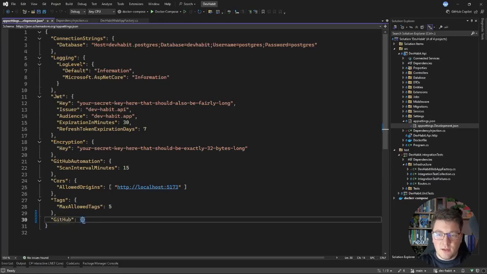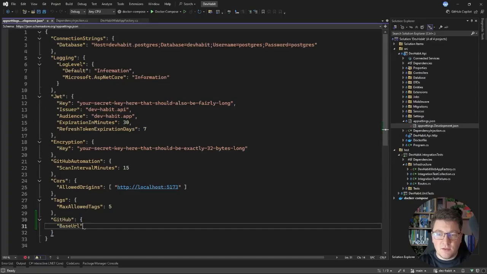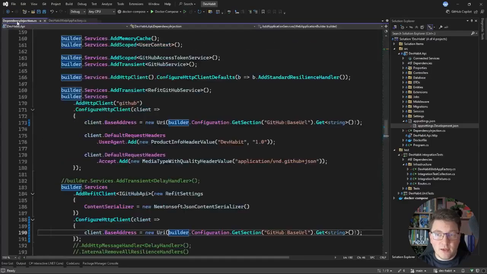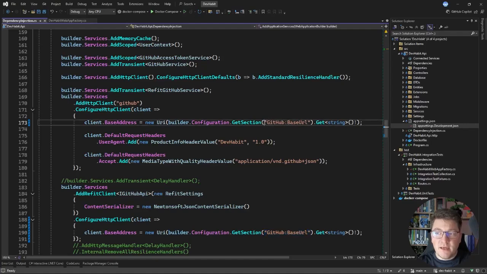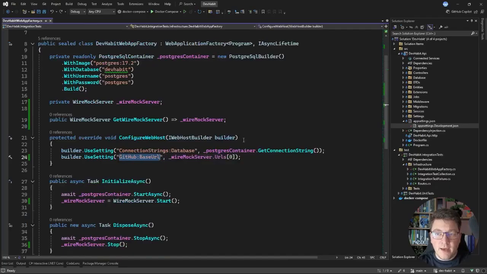Let's call it GitHub, and I'll define a base URL value that's going to point to the GitHub REST API. This way, when I run my application, it's going to use the correct address, and it's going to allow me to override the configuration value inside of my integration tests. So now I can close this down, and I can go back to my DevHabit Web App Factory, and we're